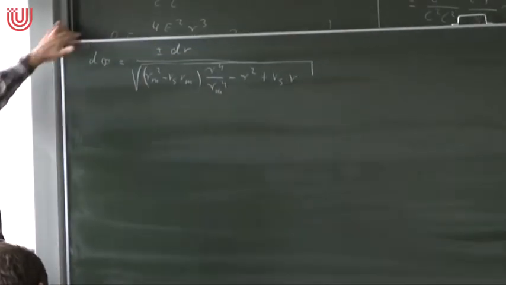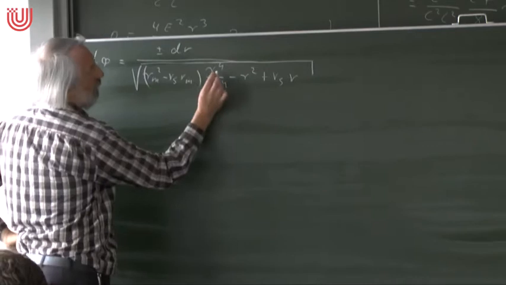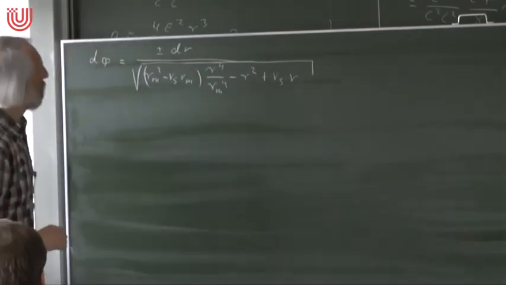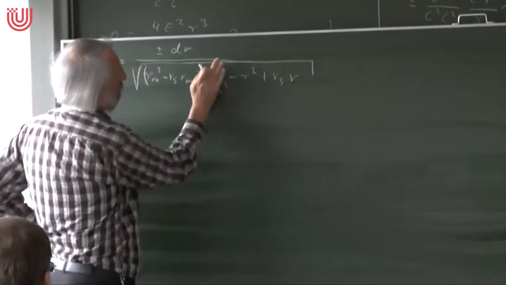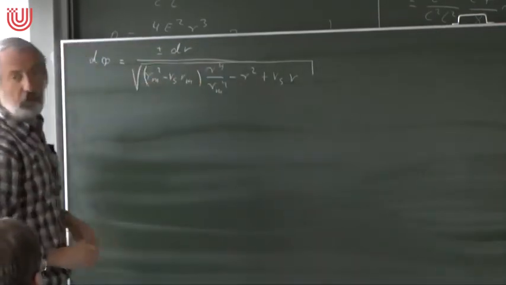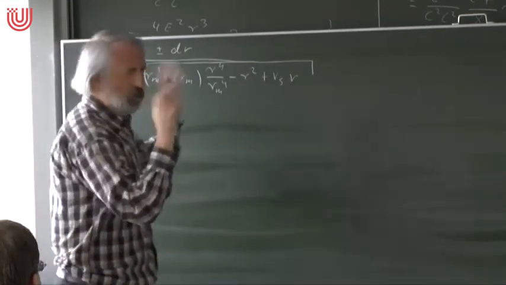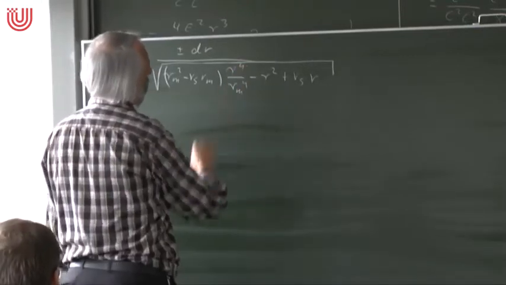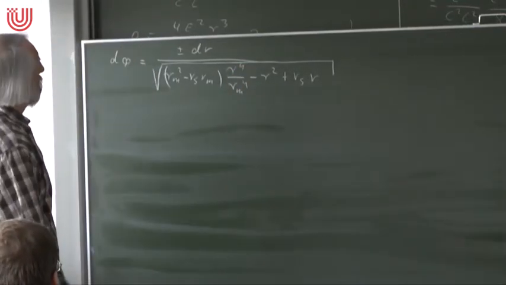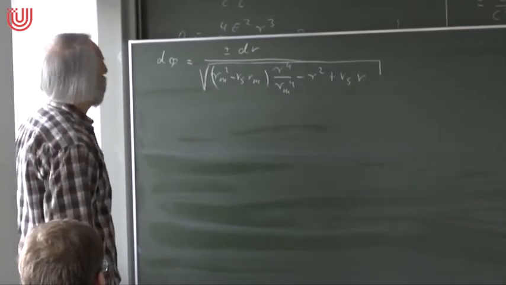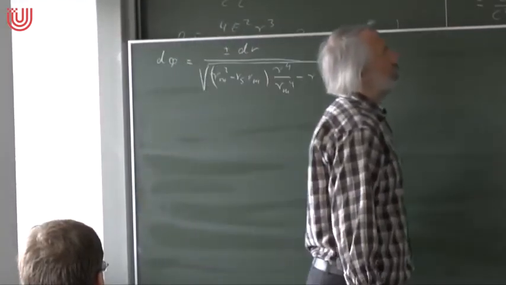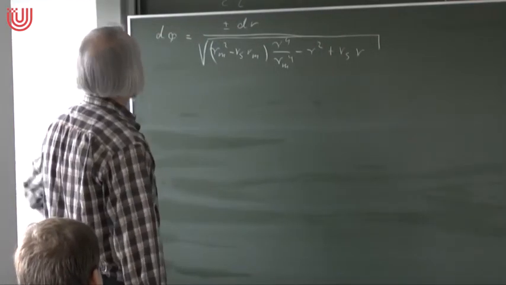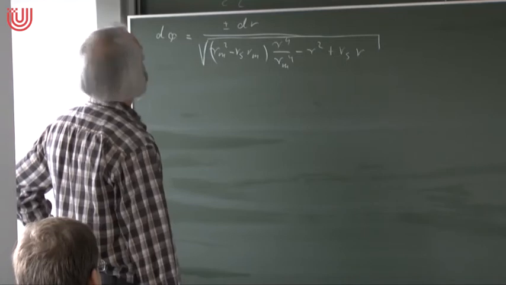So you see that's an elliptic integral, right? If you have under the square root something which is of third or fourth order, then we call it an elliptic integral. If it is quadratic, if we had only this term, this would be an elementary integral. Could express it in terms of, I don't know, arc sine or something like that. If you have higher orders, if you have a fifth power or something like that, then we call it a hyperelliptic integral, which can also be handled quite properly. Okay, so here we have an elliptic integral, and we just have to integrate this now over the